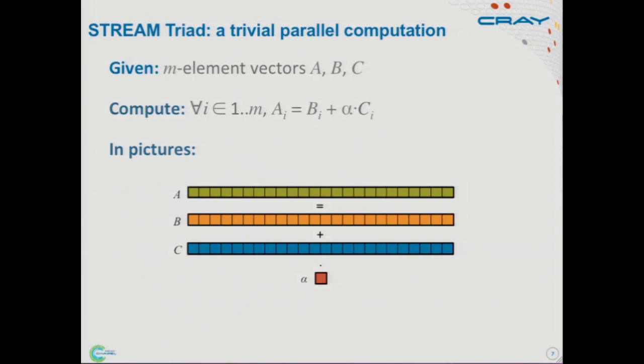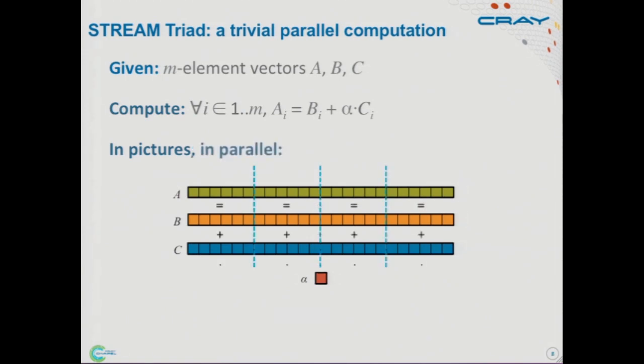This is a simple benchmark, really one of the simplest parallel programs you could write, called STREAM Triad. Basically what you do in this benchmark is you take a vector C, multiply it by a scalar alpha, add it to a second vector B, and assign that to a third vector A. This is designed as a memory-intensive benchmark. I don't mean to put this up as the killer app for HPC or anything like that, but it's a nice, simple cartoon to talk about programming models with.